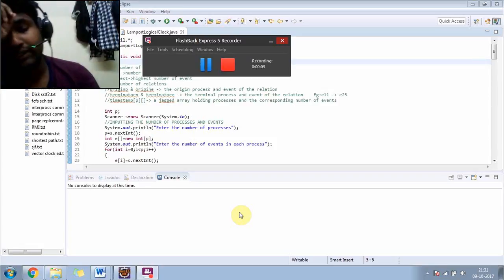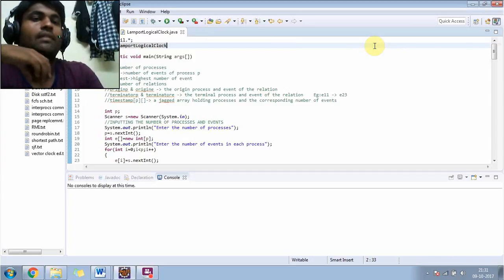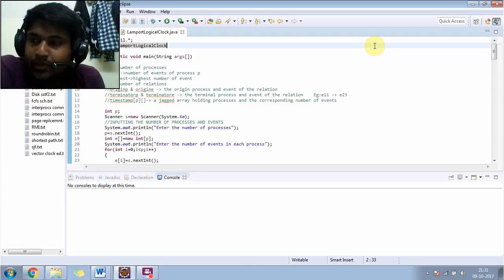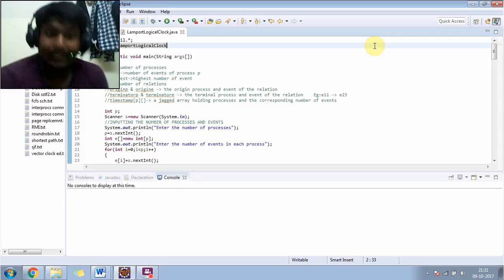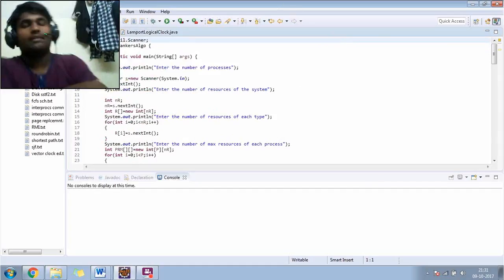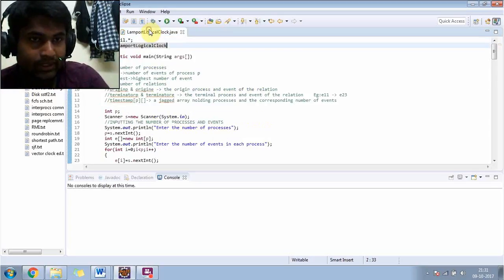Good evening. Today I'll be recording all three sections, that is Lamport's logical clock, Banker's algorithm, and vector clock. Unfortunately, I won't be able to do Lamport's mutual exclusion algorithm because it's more difficult than I had expected. So these three things I'll be doing today. Okay, let's get started with